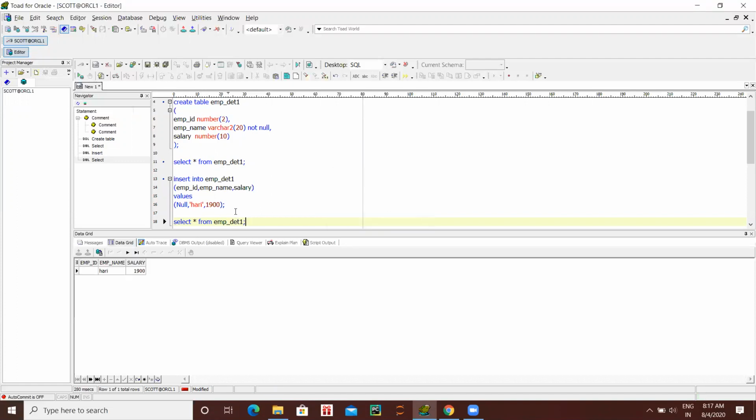Now one row is inserted with employee ID null, because in employee ID we have not written not null, so it can take null values.